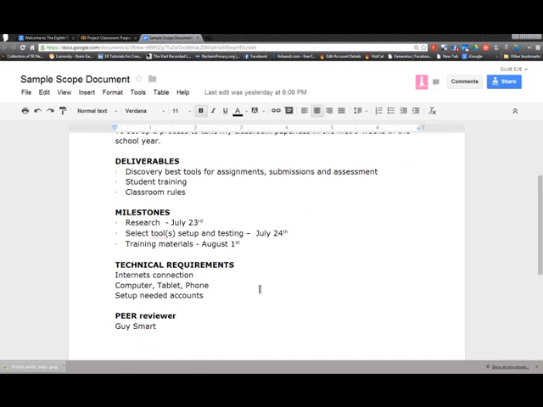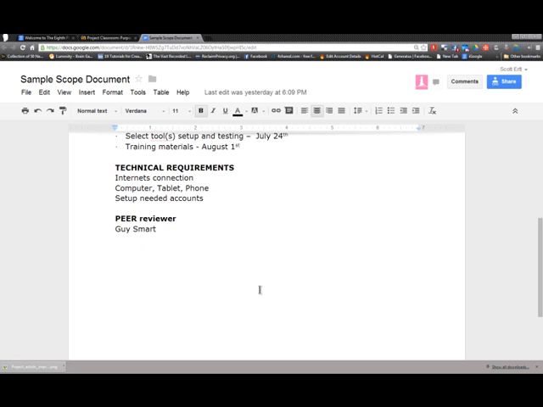Definitely a little ambitious on my part. And then any technology requirements I need. And one of the things I failed to put into mine was any people I need. You may need to have IT involved, especially if you need to install something on your machines at school and things like that. And then the last thing I put on there was start thinking about somebody that